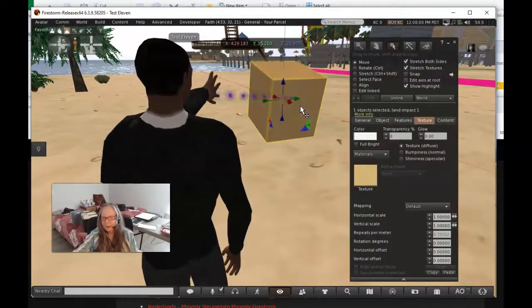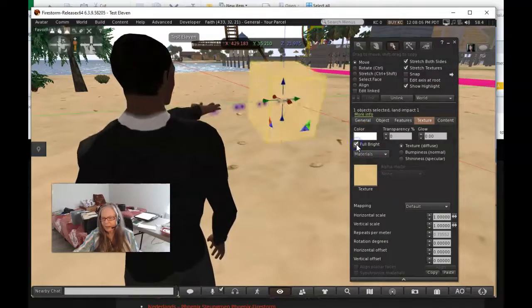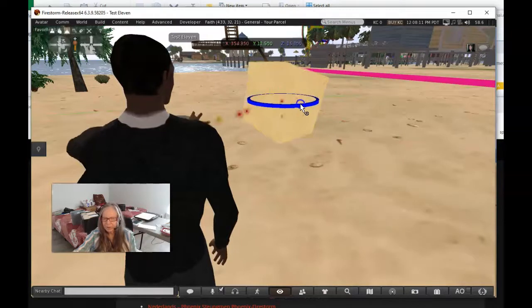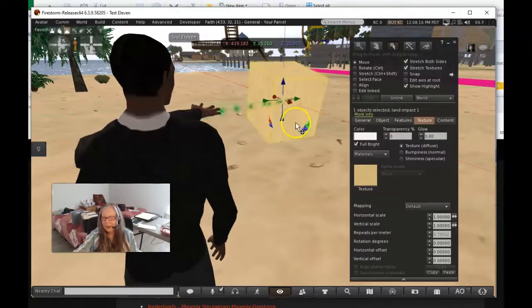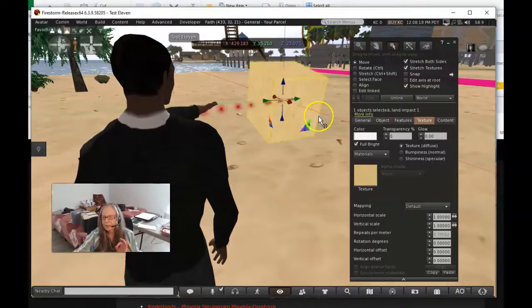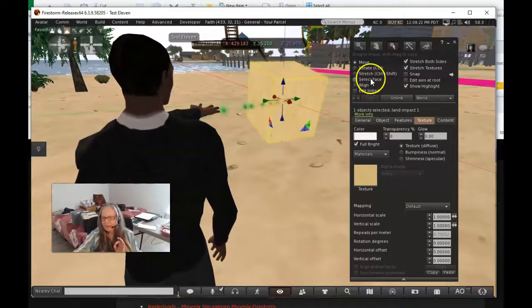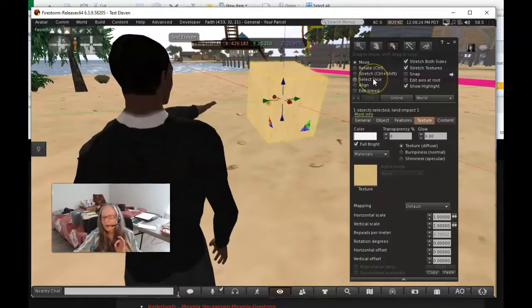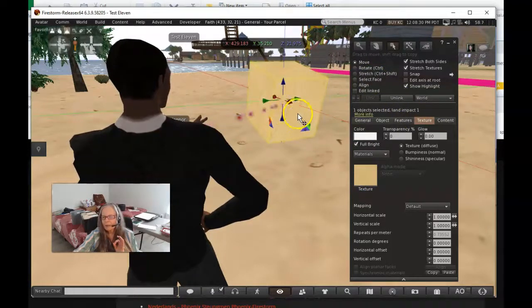Okay, and because I want to make this easy for you to see, I'm going to make the whole thing very bright. Okay, now right now it's a cube. Cubes have 4 sides and a top and a bottom. In the computer here, it calls each one of those sides a face. Okay, so if I just went and put a texture on here, it's going to cover all the faces, like